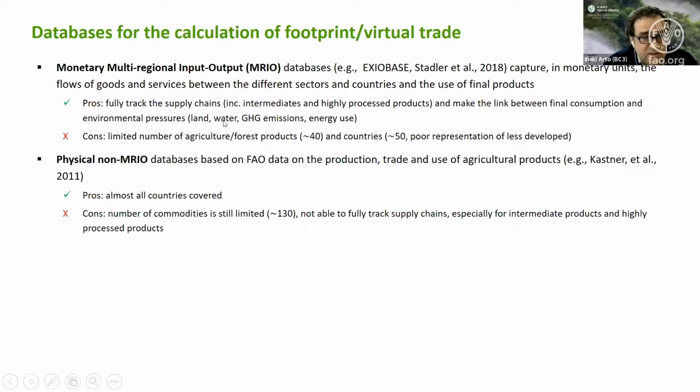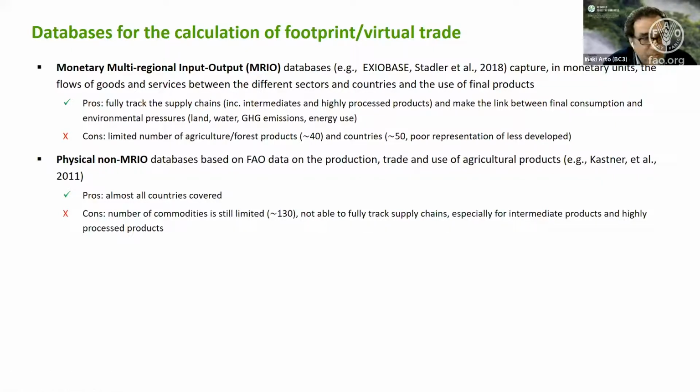The pros of these databases is that they cover almost all the countries of the world. But in terms of cons, first, the number of commodities is still limited, although they cover around 130 commodities. This number is limited, and they are not able to fully track supply chains, especially for intermediate products and highly